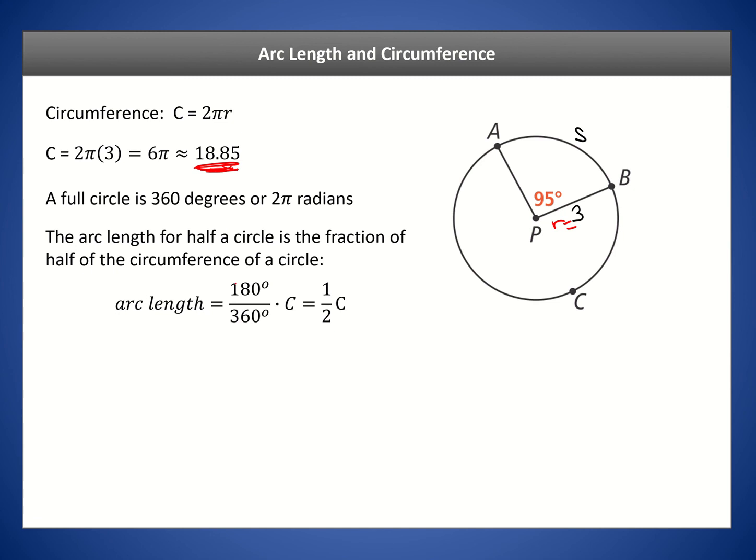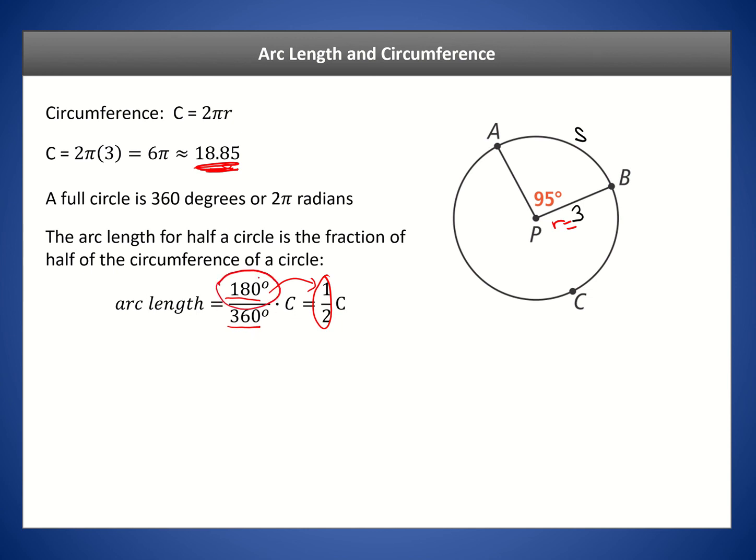So how do I do that for any angle? Well, I know that the angle for a full circle is 360. And I know that if I'm traveling half of that, that's going to be 180. So 180 divided by 360 reduces to 1/2. Okay, so that's how we can calculate the arc length: if we know this angle, we can divide it